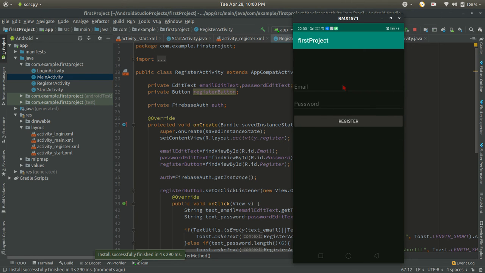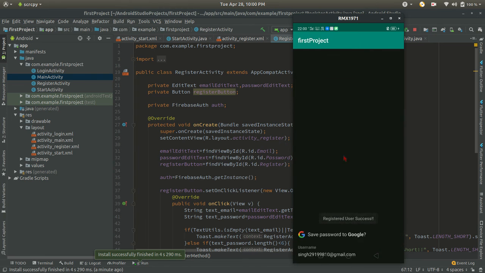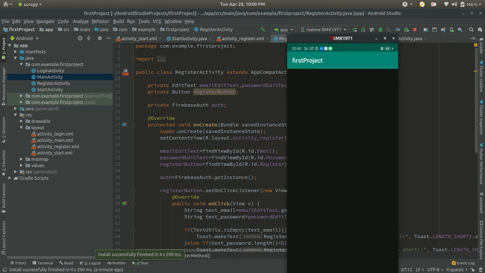So in the register activity, just see my email ID and the password is jvac@106248. So just register here. So you can see there was a registration successfully, and you can see it comes in the main activity.